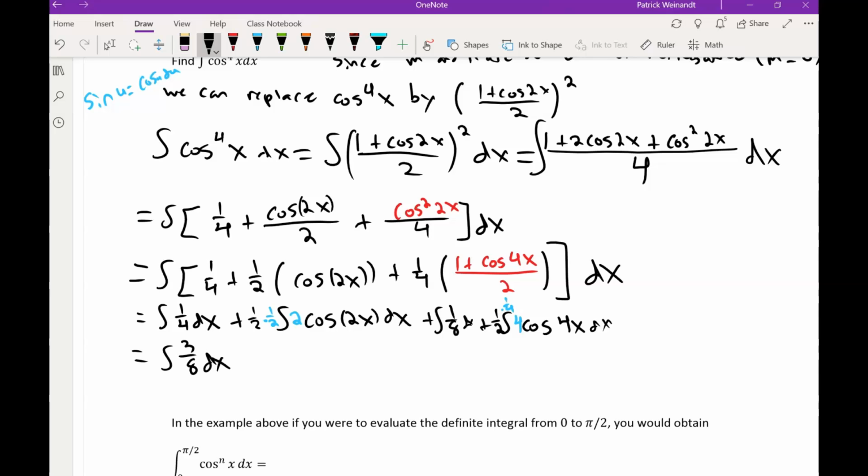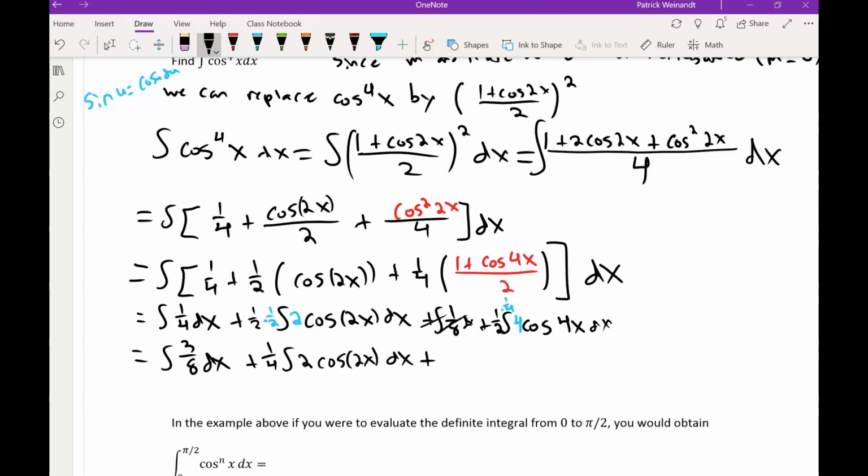This is the same as 3/8 dx plus 1/2 times 1/2, that's 1/4, times the integral of 2 cosine of 2x dx plus, we got rid of this 1/8, we added that to the 1/4, so we're done with that, plus 1/2 times 1/4, and I also forgot to distribute this